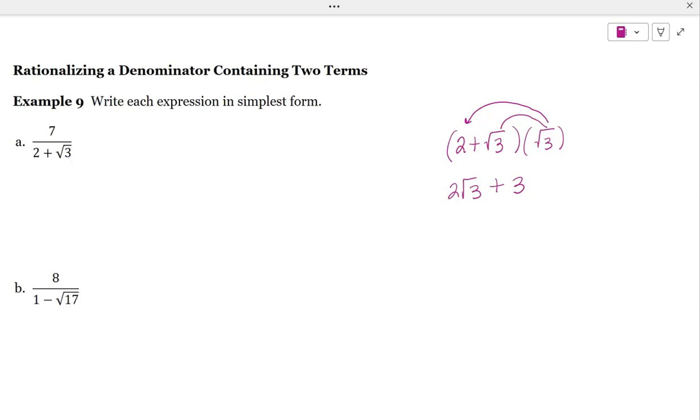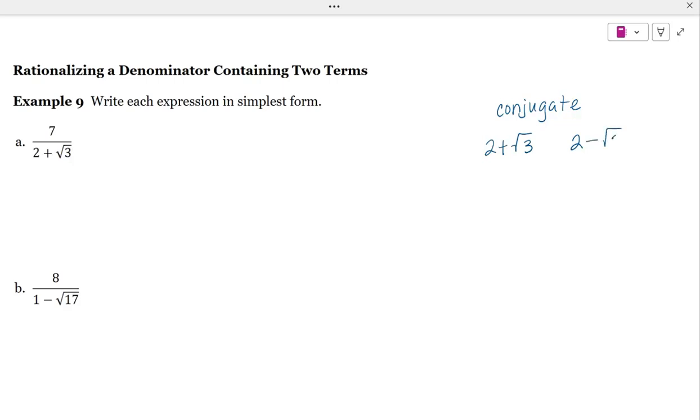Instead, what we do is we multiply by what's called the conjugate. The conjugate looks identical to the terms that we have, but I change the sign that's in between the two terms. So the conjugate would be 2 minus the square root of 3. The reason for that is we're going to use the difference of squares to our advantage. When I multiply these two items together,